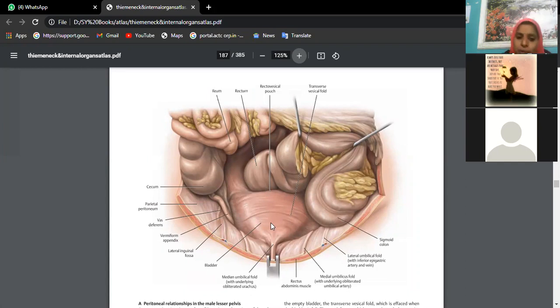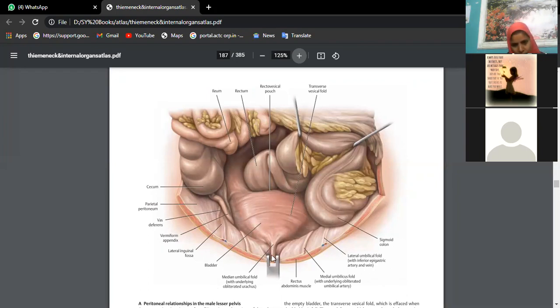Whenever the urinary bladder is full of urine, it will be ovoid in shape. It will not have as many surfaces like the inferolateral surface, superior surface, base, and all those. It becomes a full bag and becomes ovoid. It will have only anterior and posterior surfaces. This point is the apex. Apex has one ligament, I said.